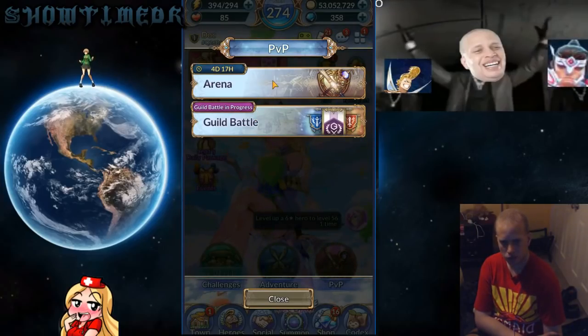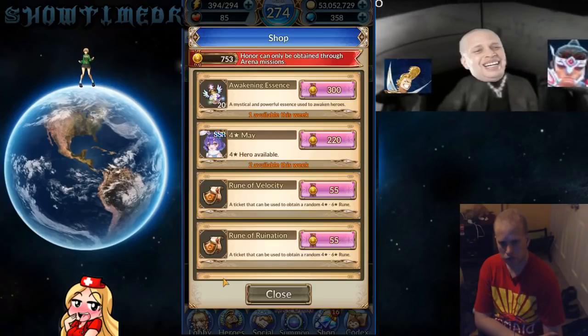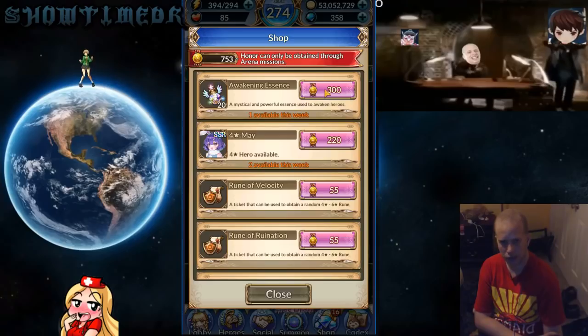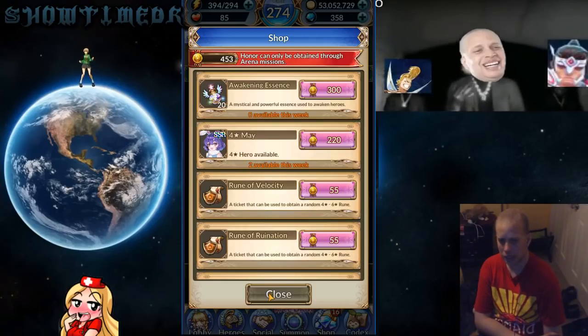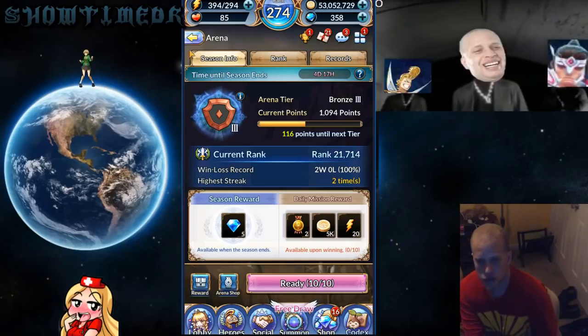PvP. A couple things have changed. In the shop now, you can get awakening essences, and you can only get one per week, which I could do. Awakening essence, that's for awakening, which I'll show you guys later what that's all about. It's probably one of the bigger changes in the game. And then also,